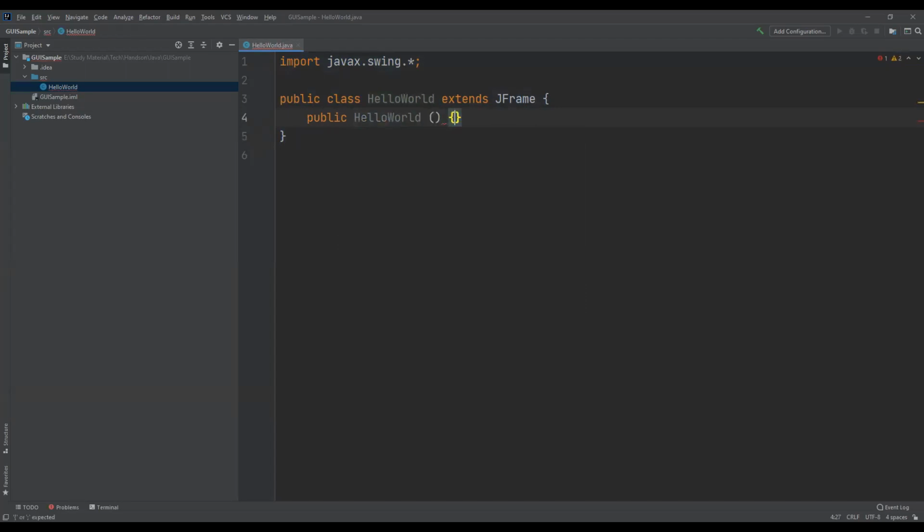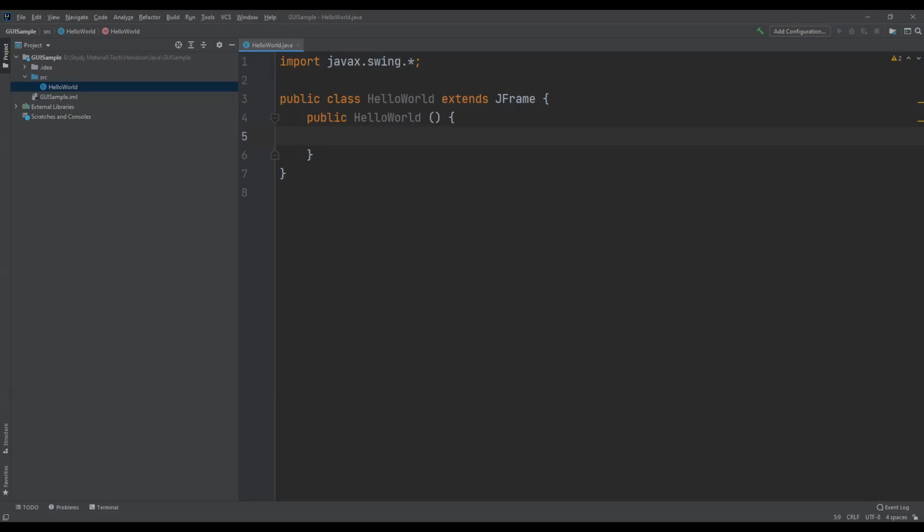You know, by now you should be aware of what is a constructor. It is the method in a class whose name is same as the name of the class. So it is used to initialize the object. So whenever an object of this class will be created, whatever you are going to write in this will be executed. So this particular method will be called.